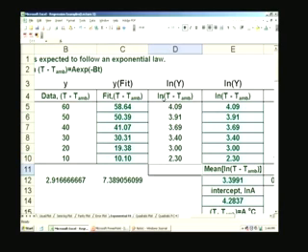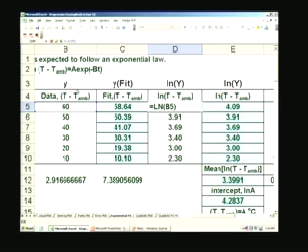I have taken the logarithm with respect to base e, therefore ln, and in brackets I have given B5. If you go back here, you will see that B5 is this cell. So, the formula here is the logarithm of B5, the number in cell B5. Whatever number is here, it will take the logarithm